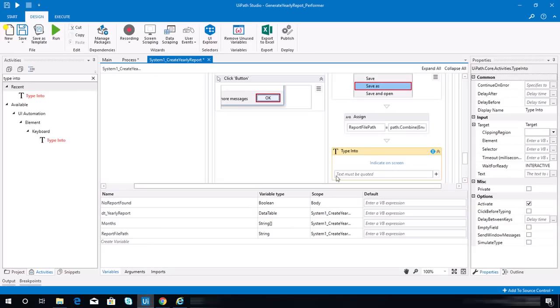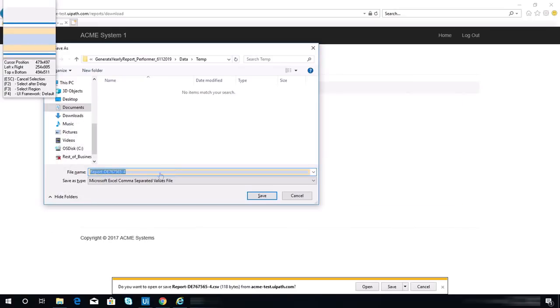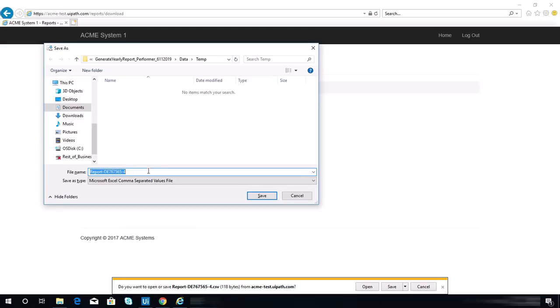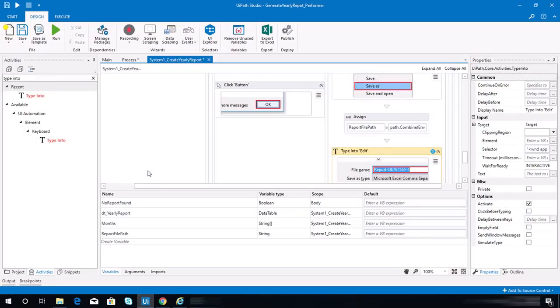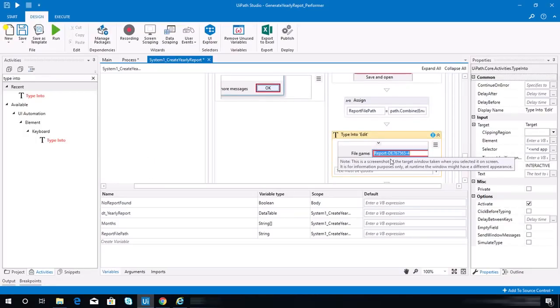Right here. Need to indicate this field. My PC is lagging. So now we need to put here the report file path that we just created, but